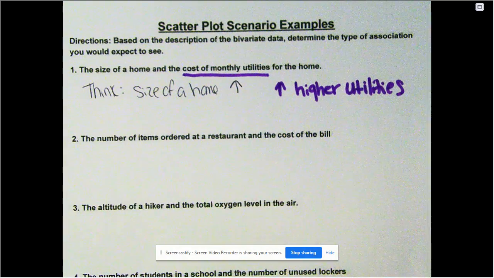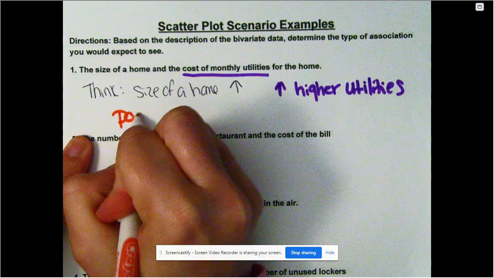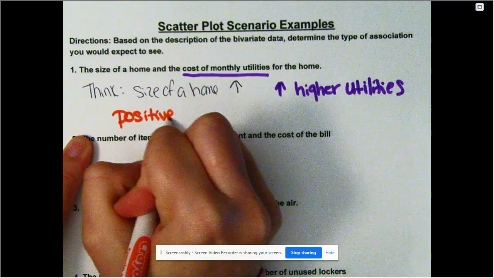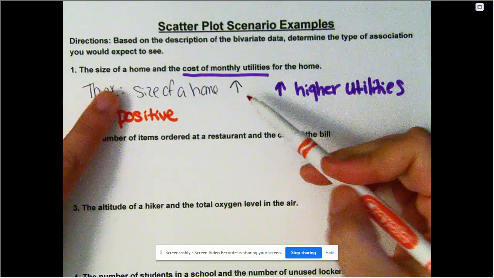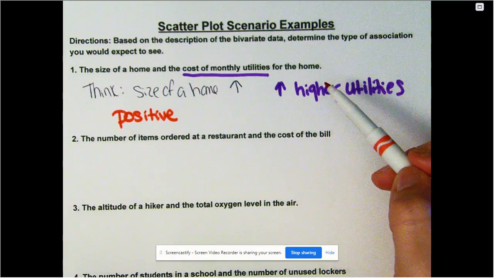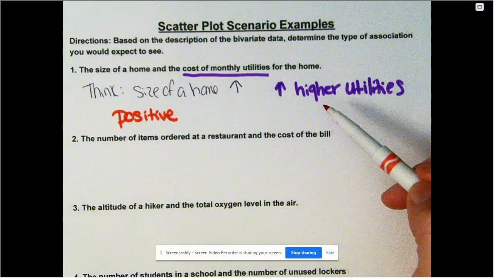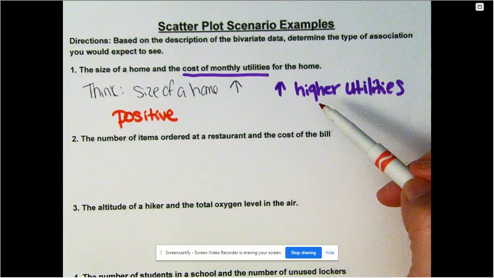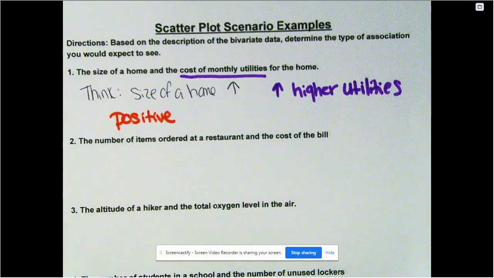Okay, so with that being said, this type of association is going to end up being positive. So this has a positive association because both of them are increasing. As the size of the home increases, what should happen is the cost to heat the home, cool the home, power the lights on the home, all of those costs should increase as the size of the home also increases. Okay, the next set we have the